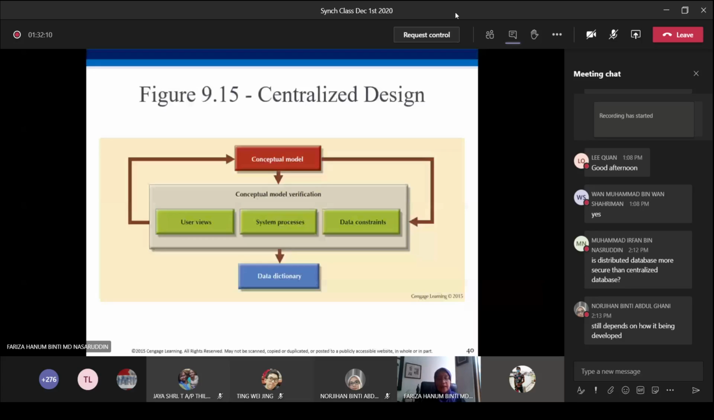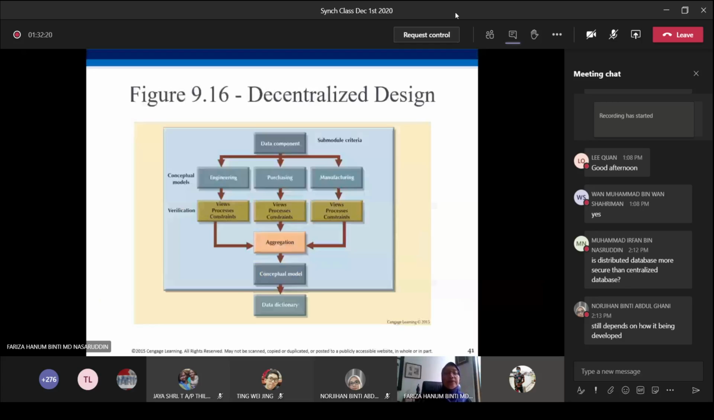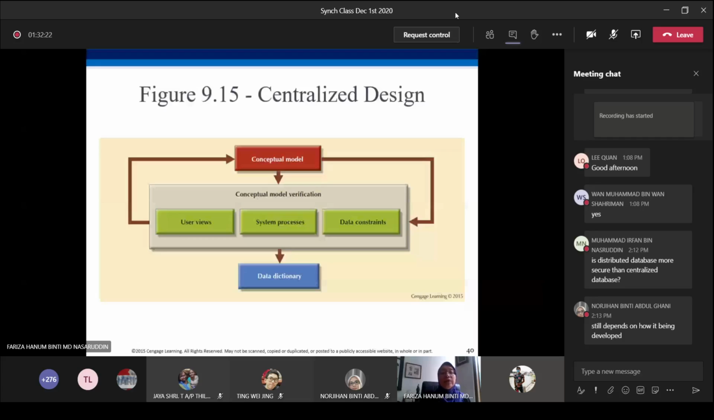Okay. All right. So another thing about database design is whether you are doing a centralized design or a decentralized design. Okay. So in your case, because yours is a very simple project, you are doing a centralized design, whereby